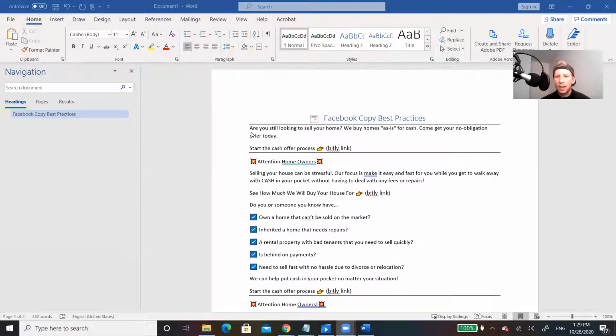Now, something that I have been noticing is you can leave this without any call to action inside of this, or you could leave it with no link and just have the call to action and then reference the button at the bottom. But what I've noticed is I have more people reading my copy as of late because of that 3-line copy that Facebook released. So people are going into my copy, and rather than clicking on the button inside my ad or on the ad media itself, they are clicking on the direct link that I'm including inside of the text. So you can see there, start the cash offer process with a little hand emoji to a